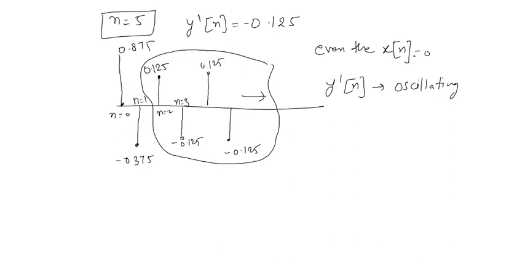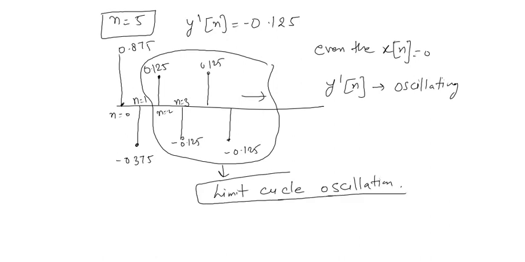And this is called limit cycle oscillation. This is called limit cycle oscillation. So this is our last topic for DSP, for the finite precision errors in the case of